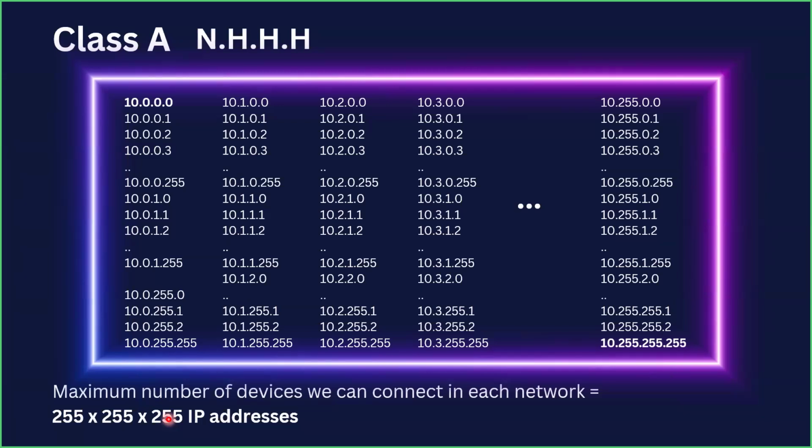Okay. So if you have a small network which has not more than 255 devices to connect, in your small home networks or in your local or small organization networks, in that you would always prefer going for class C, because there you don't have a necessity for connecting more than 255 IPs. But